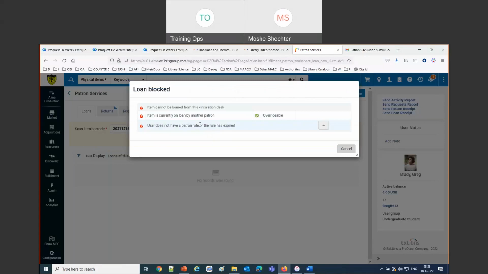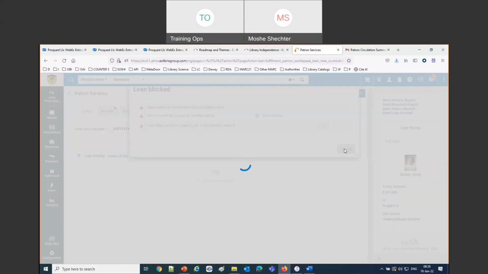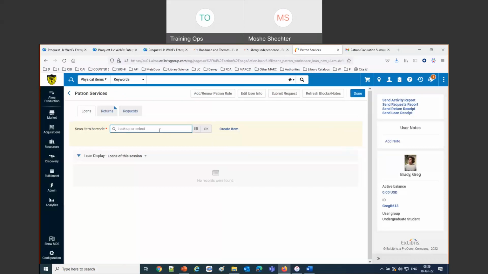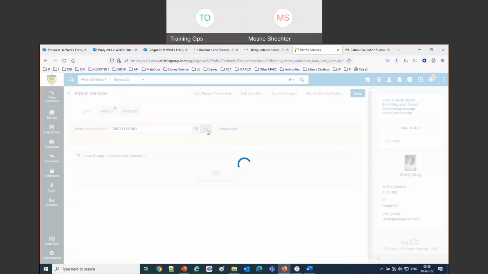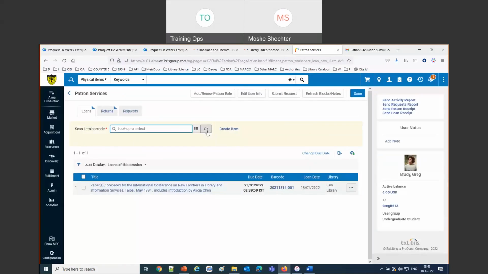User does not have a patron role. We saw that the user has a patron role, but because the patron role is for a different library, we can't. However, if we say 001, which is in the law library, where his patron role is, no problem. Okay, so that's just setting up the general situation.